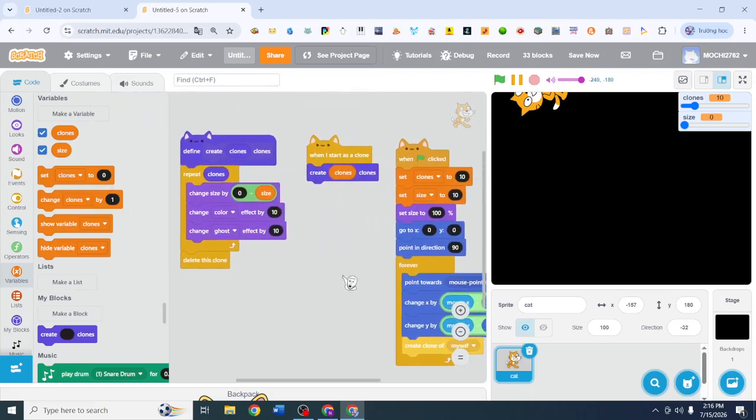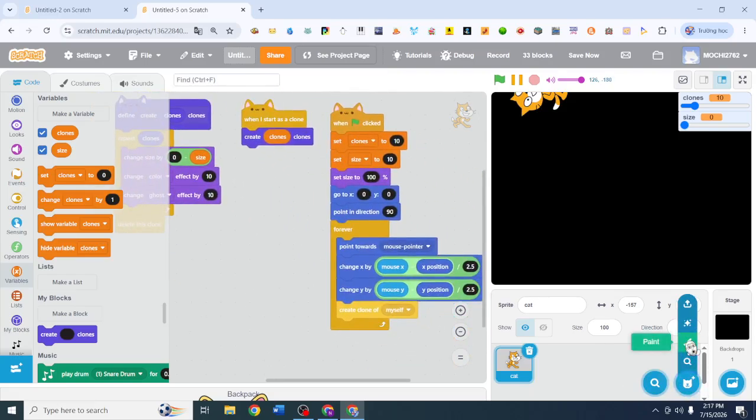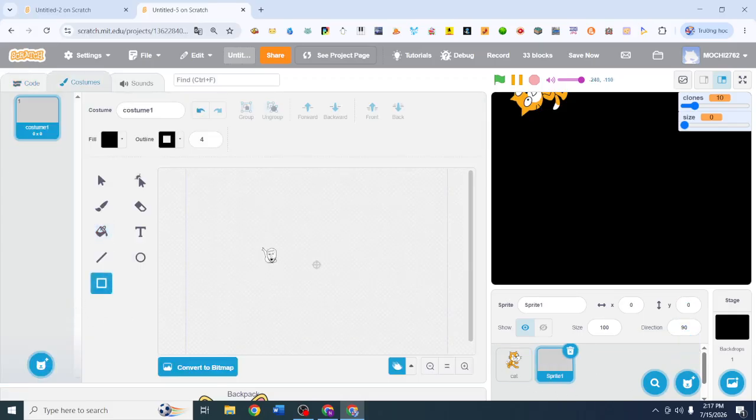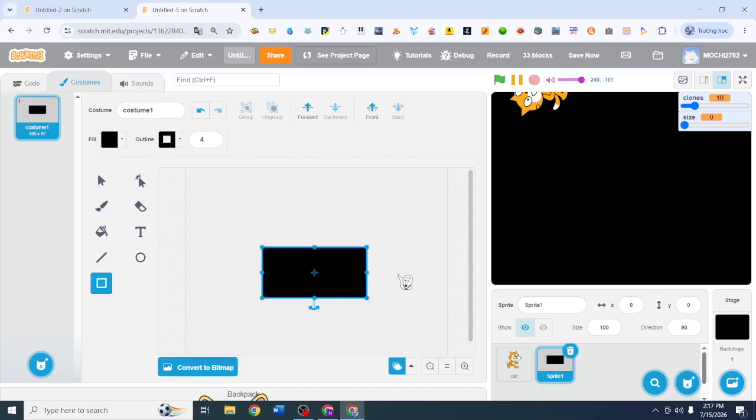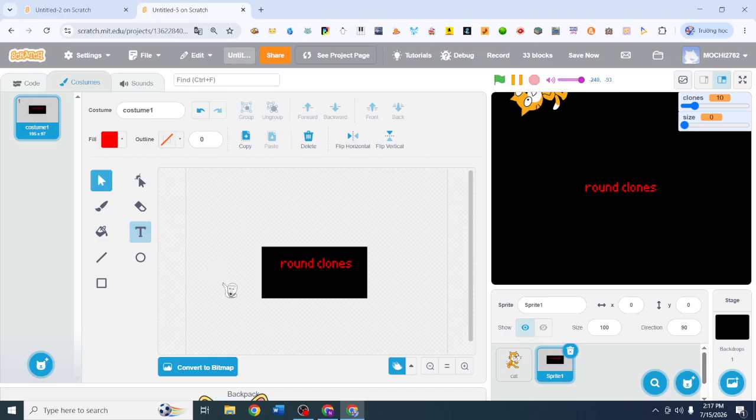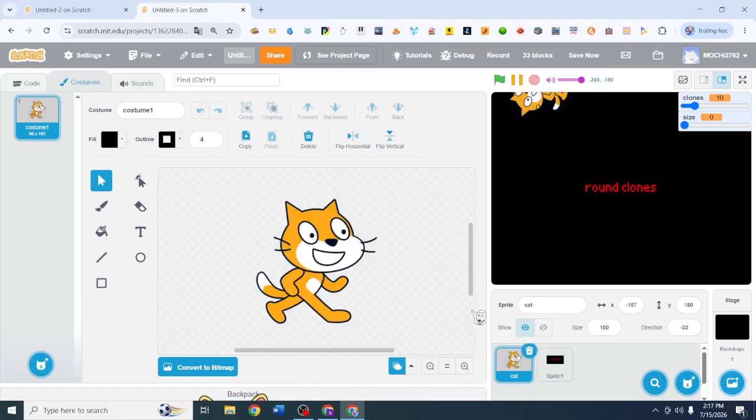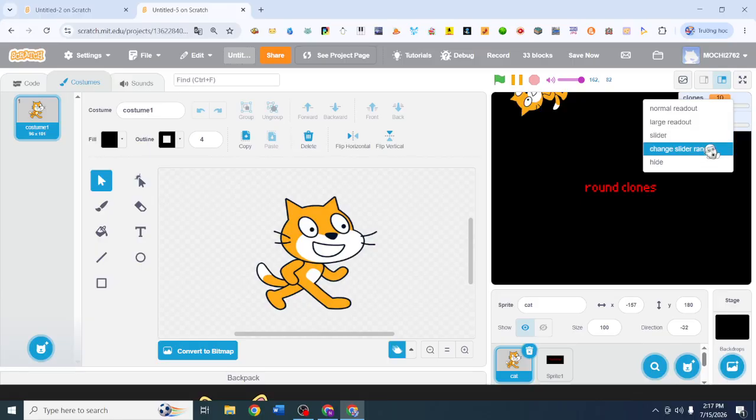And then what we need to do is create a new sprite, and we paint it. And first we put it into pure black, and then we fill it with a red color and make it to a pixelate. And then we said to round clones. And then we'll just make this like that. Now let's go to the sprite and change the slider range to